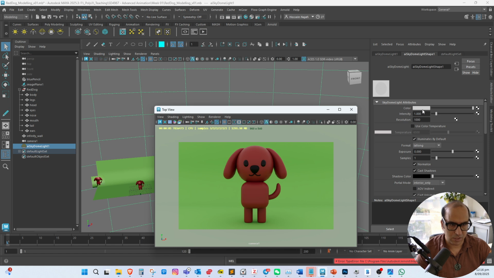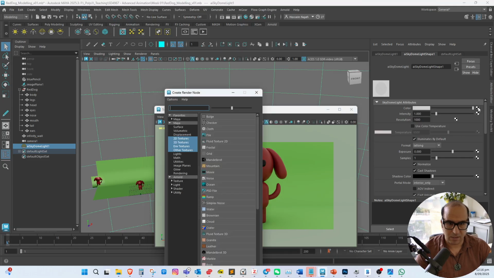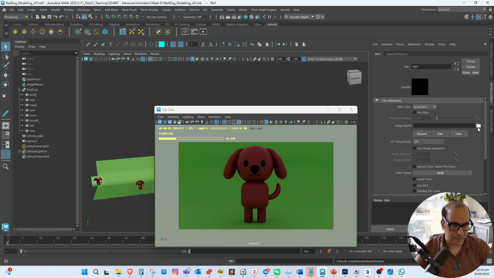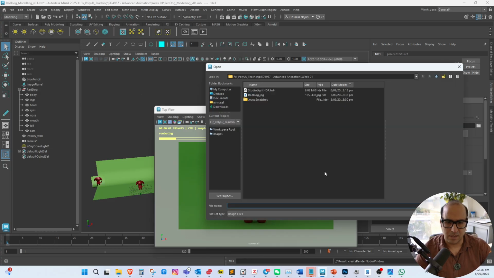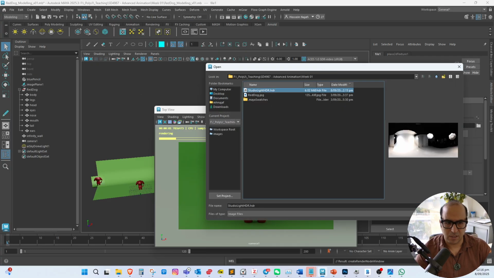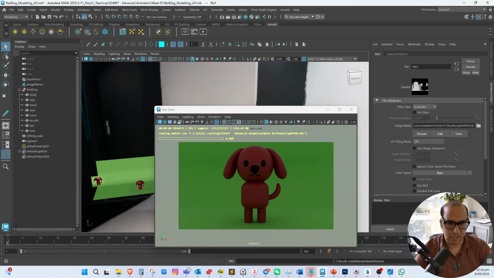You don't want to change the color, you want to change the texture of it. So you click on that and go to the file option and click, and then you have this Studio Light HDR. So you bring it in,